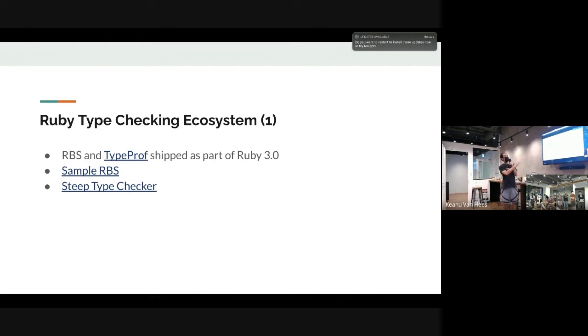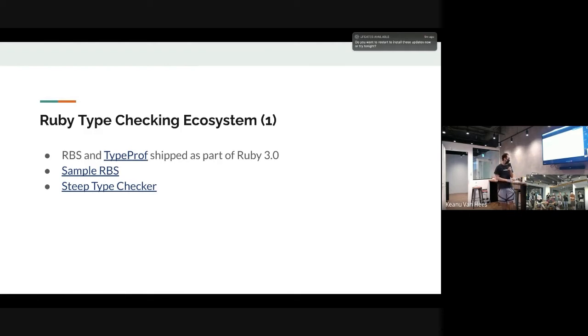The first being RBS, which is a language used to describe the structure of your Ruby program, basically allowing you to annotate types for different methods, constants, things like that. And typeprof is basically another Ruby interpreter that analyzes, tracks, and guesses types as it's executing